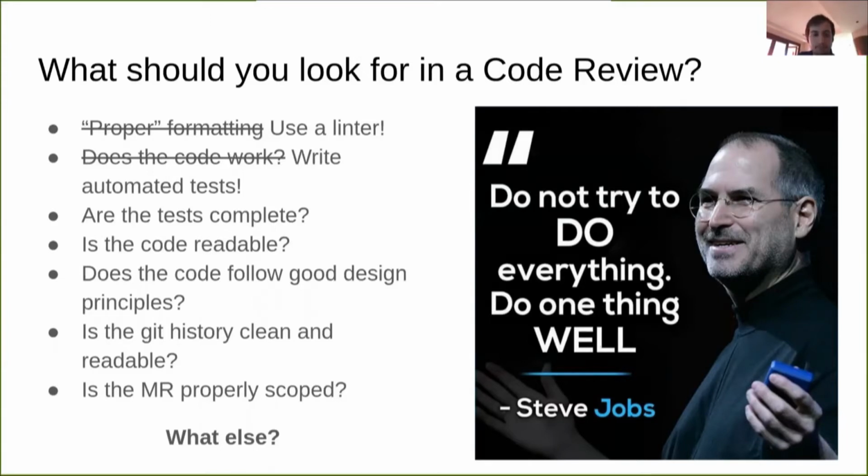conversations in the pull request because it leaves a permanent record. If the conversation happens in Slack, then a year later, when somebody's looking at that and wondering why they made this decision, there's no record. So if you leave that conversation in the pull request on GitLab or GitHub, then there's a record. A year later, when somebody's trying to figure out why this code is arranged this way, they can look at the history and see the discussion. And of course, it's probably 1% of those discussions that are ever looked at in the future. But for that 1%, it's really important that the history is there, right?